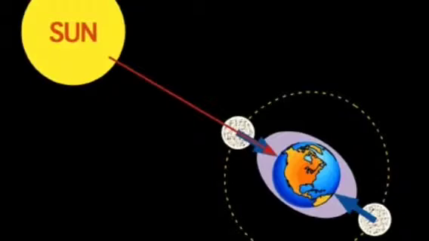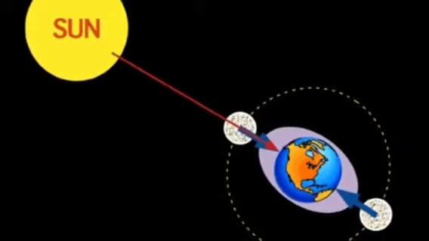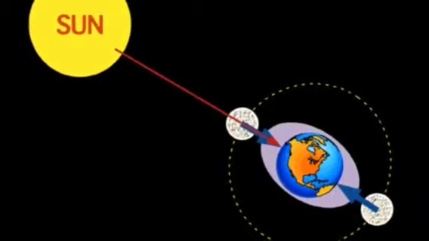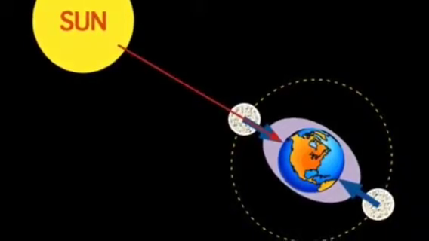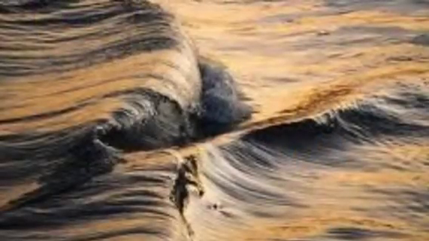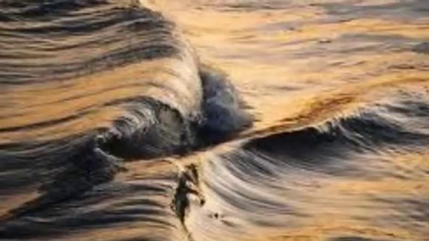Tides are the periodic rise and falling of large bodies of water. Winds and currents move the surface water, causing waves. The gravitational attraction of the moon causes the oceans to rise towards the moon. And